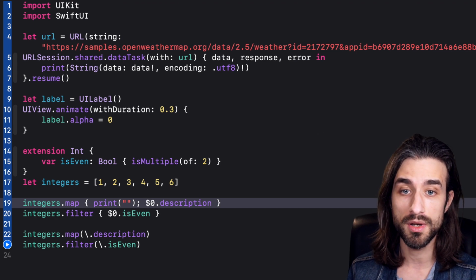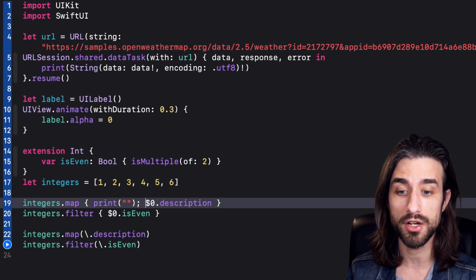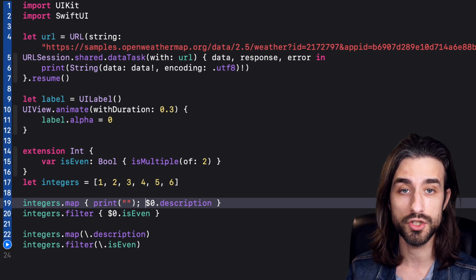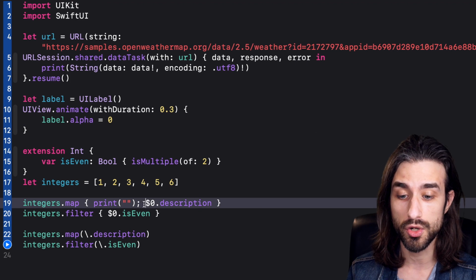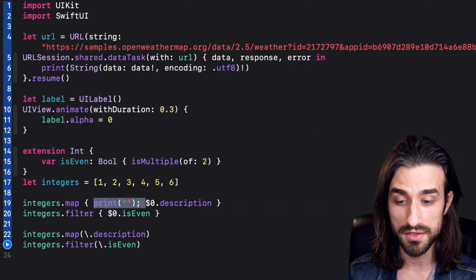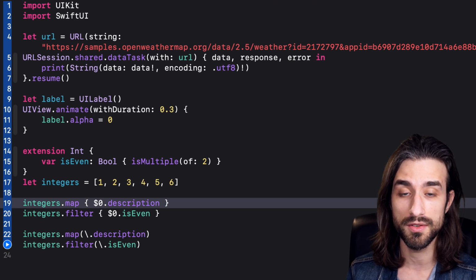But when this argument is represented by a closure, well, there is actually nothing that the compiler can do to prevent this issue. So the designer of the API has no way of saying that the function should only return a property. The function can do anything, and the person that designed the API has no way to guard against this kind of cases where the closure is performing more than just getting a property. And this can be an issue, and this is when a key path is going to give us some safety.